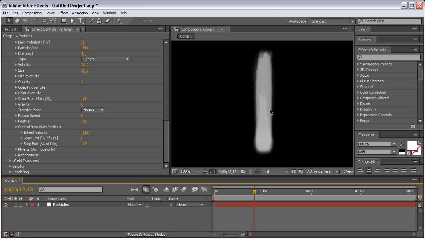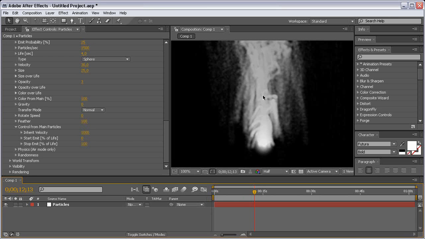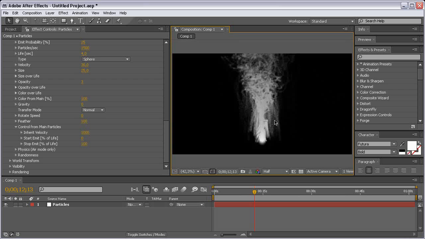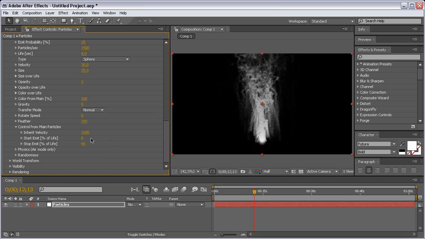It takes a bit to render, and as you can see we have some pretty wild results. And let's change the stop emit to 65 maybe, and as you can see our particles stop emitting right here at this point. And let's move on to the physics